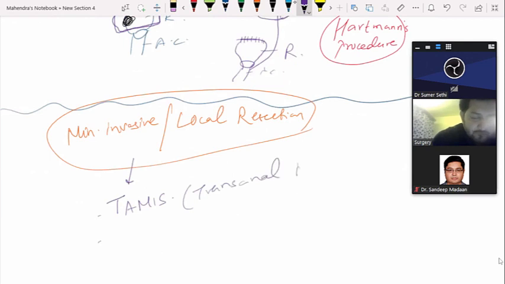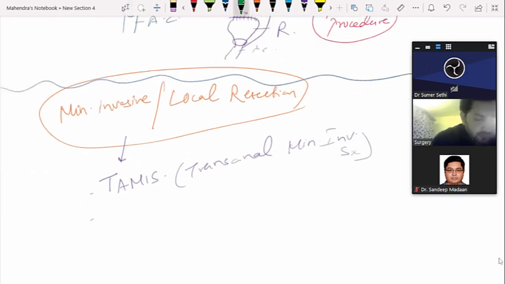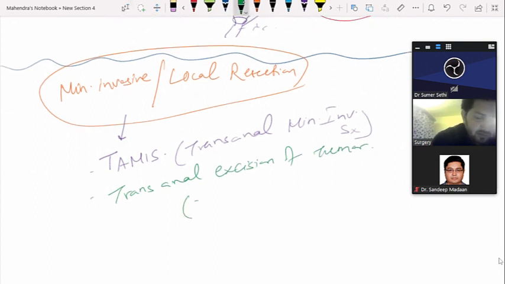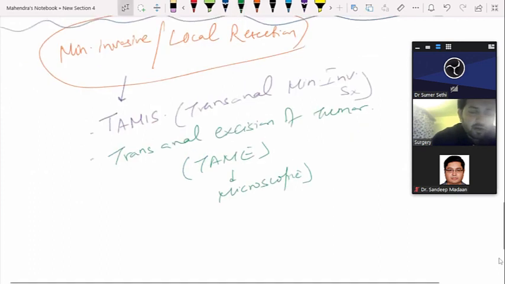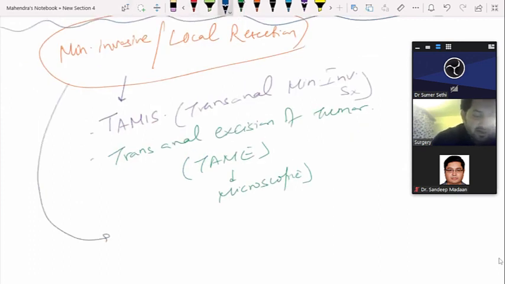Transanal minimal invasive surgery. Okay, and there is transanal excision of tumor. You can say transanal microscopic excision. Okay, so these are the indications for these surgeries: when the patient is either T1 or T2,